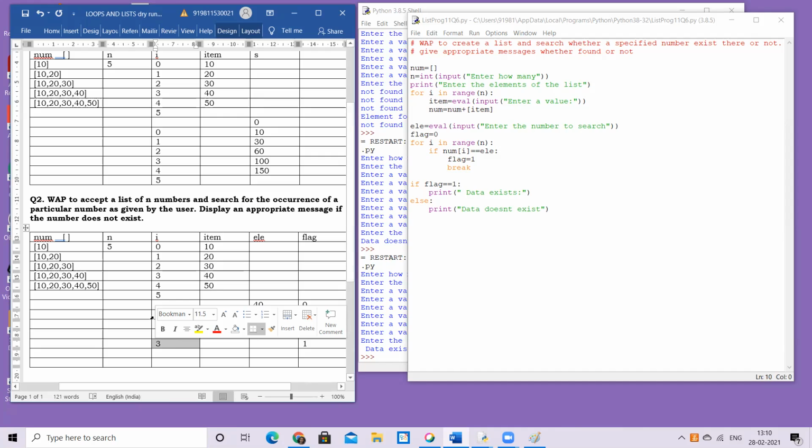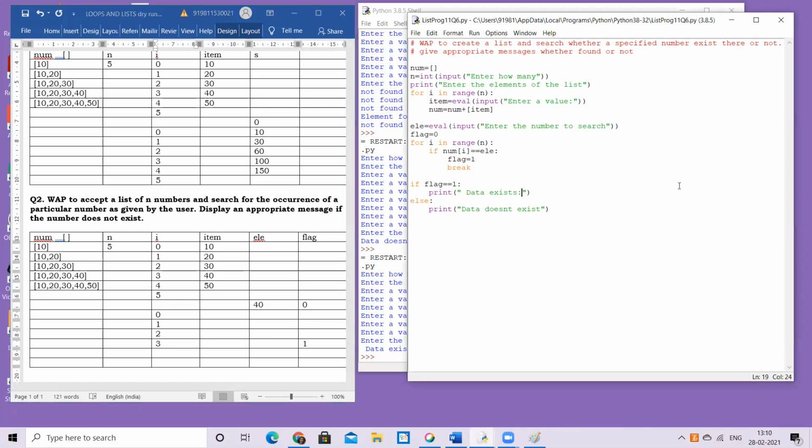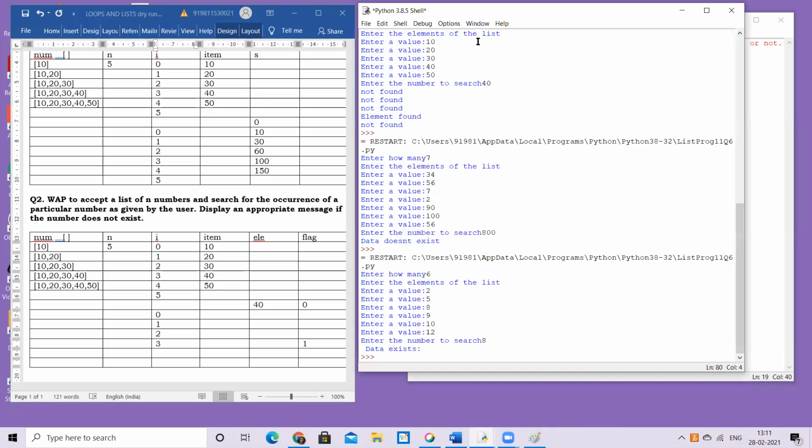The only problem is that for me the position is 3, but for the user the position will be 1, 2, 3, 4. He counts from 1. I count from 0. My computer counts from 0. Okay. So data exists at position. I really don't have to do anything extra in this. I just have to pick up the value of I and display I plus 1. So data exists at this position. So no extra code actually, because I is going to give you the position, as it is checking position wise, right?